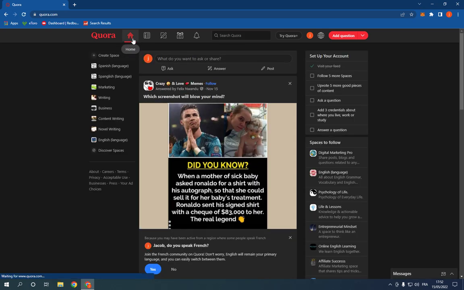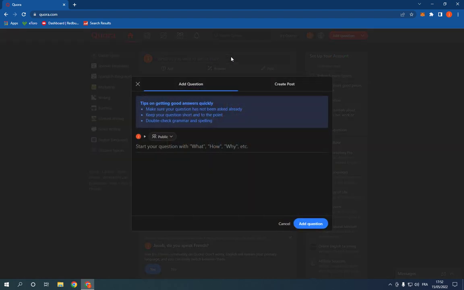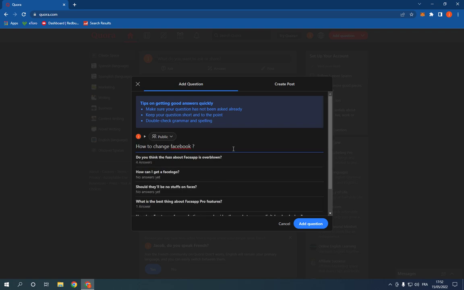Now all you have to do is go right here and click on this bar right here. Then click on add question from here and start your question with what or how or why. For example, why, let's ask, for example, how to change Facebook password, like this. And as you can see, now click add question from here